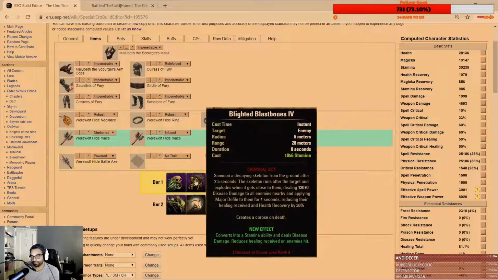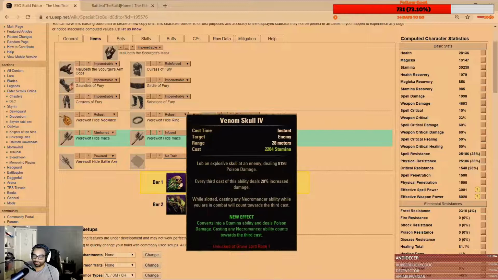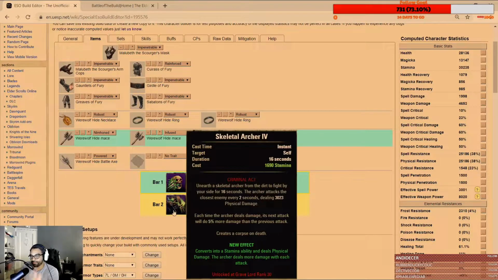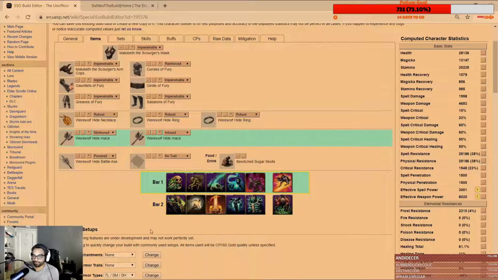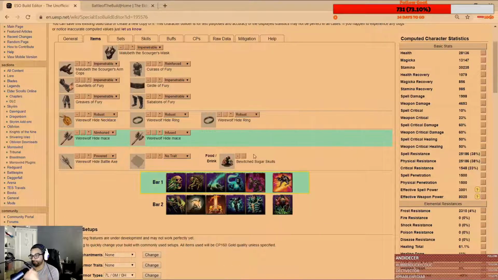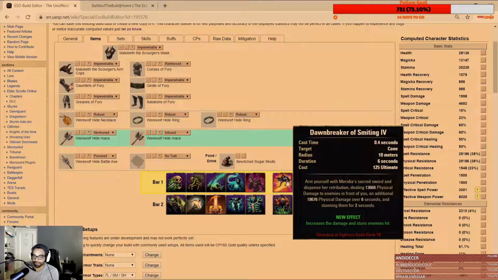In terms of your rotation, you're going to be rotating through Blast Bones, and you can see the tooltip right there on your Venom Skull. Basically it gives you a range spammable, a little bit of burst, and then your dot from Skeletal Archer. Most of your burst combo is going to be between winding up a heavy attack